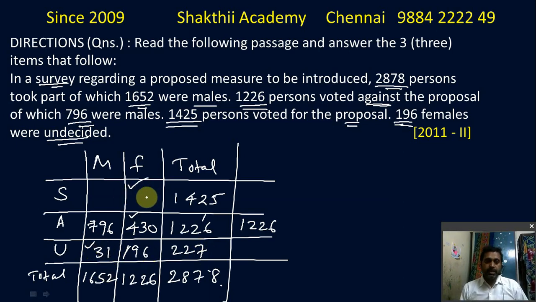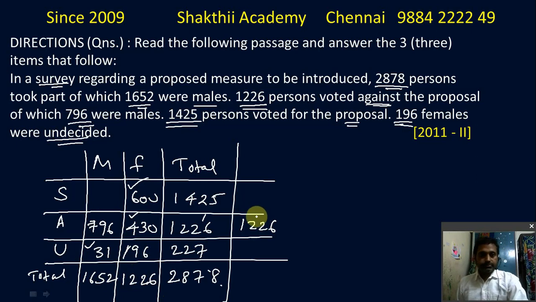Now this part is remaining. What I do is simply from 1226, when I subtract these two values, I'll get this part of the answer. It's very simple. You just make it like this. This is 430, you make it as 200. When I make it 200, I am adding an extra 4, right? So this is 200 and this is 430, meaning you will get 630, correct? So you just add 4 to this, you will get 1230. So 1230 minus 630 will be 600. So this part of the answer is 600. Otherwise, from 1226 subtract 196 and subtract 430, you will get 600. So I answered all the required parts.